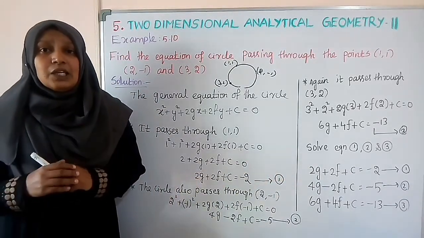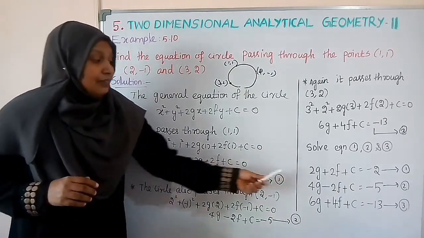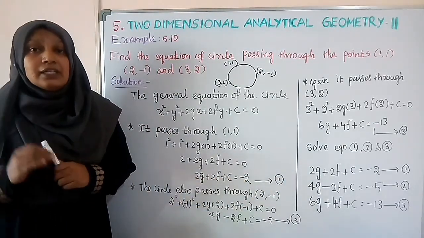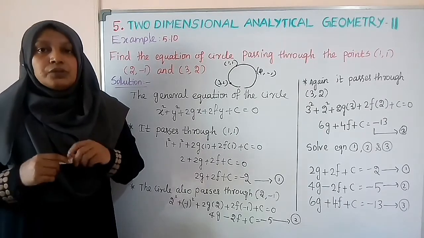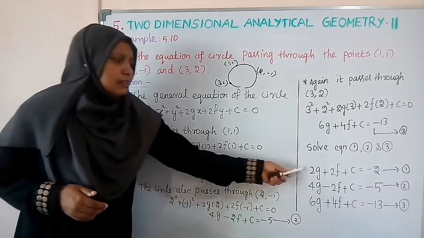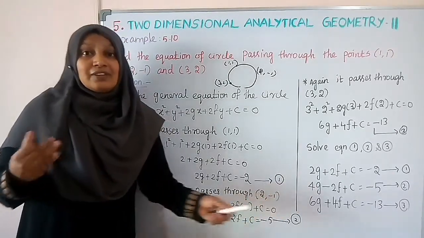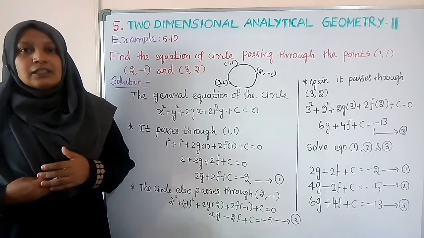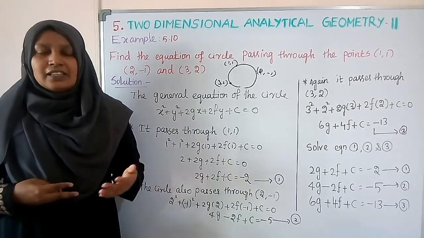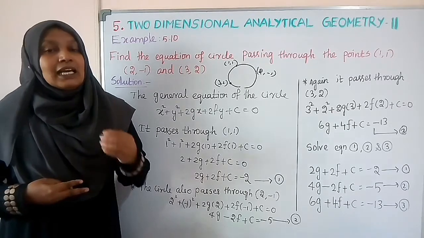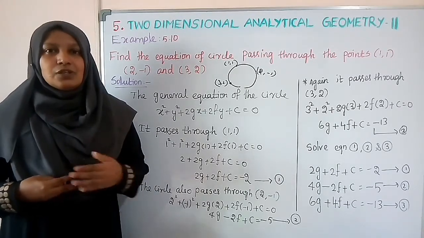So in these three equations you have three variables g, f, c. So how to solve this one? In your first chapter you have many methods to solve a three variable equation like this that you can apply. That is Cramer's rule method, matrix inverse method, rank method, many methods are here. Okay, but here I am telling you the elimination method. This method also you should know.